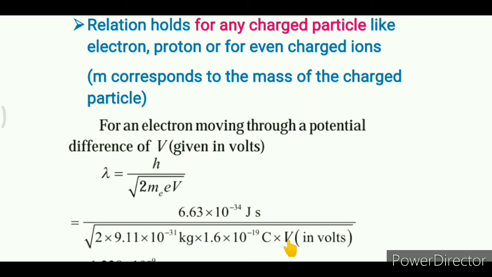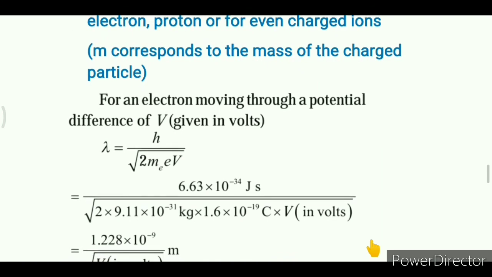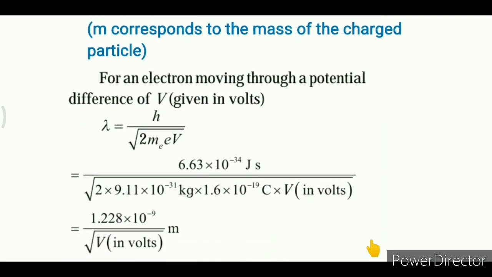As the constant values of Planck's constant, mass of the electron and charge of the electron are substituted and calculated, we find that the wavelength of the moving electron comes to around